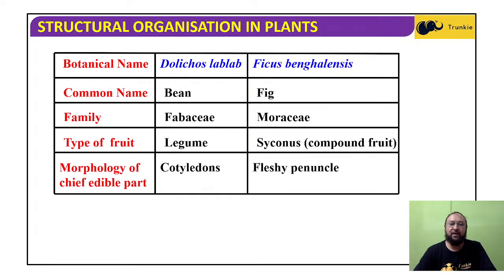Dolichos lablab, okay. This is a bean. Though it is used as a vegetable, this is the fruit, a dry fruit actually, and belongs to the family Fabaceae, okay. And the type of fruit is legume, okay. And the part that is edible is the cotyledons, the seed. Now fig, Ficus bengalensis, belongs to the family Moraceae, and Syconus, it is a compound fruit, and fleshy